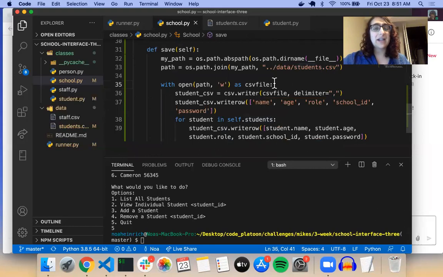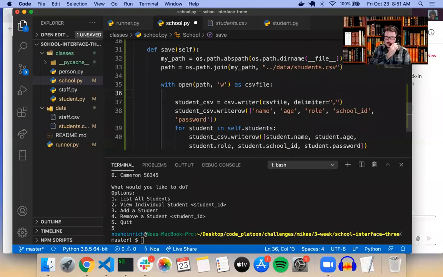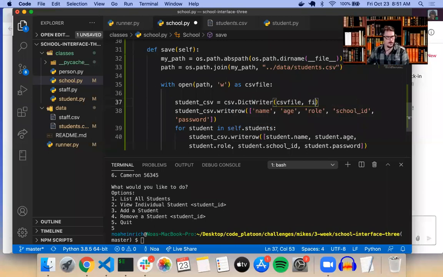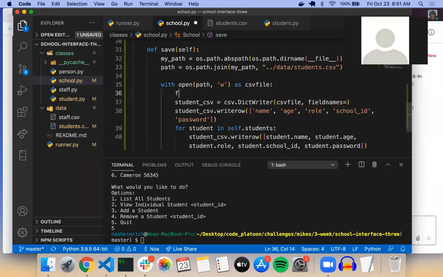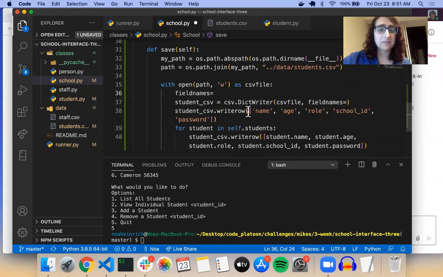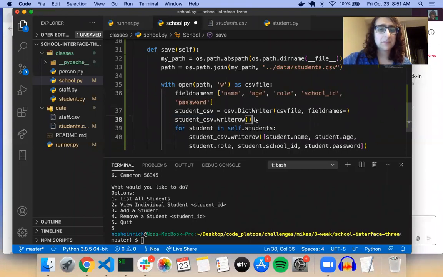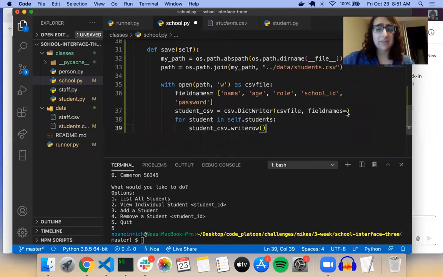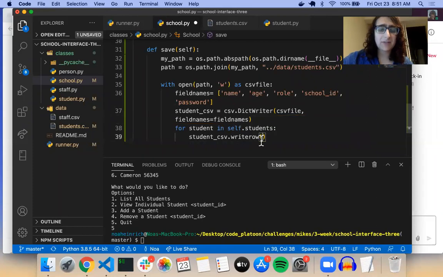I would just need to make sure that if I did, I would have to do the headers and everything. I need the, what are they called? There's like a specific word for it. I forget what it's called now. If I did dict writer, oh, field names. So I'd say field names equals, and then we can just copy this. And then when we did the write row, field names equals field names. And then the write row, when you have the field names, I think you'd have to do name,